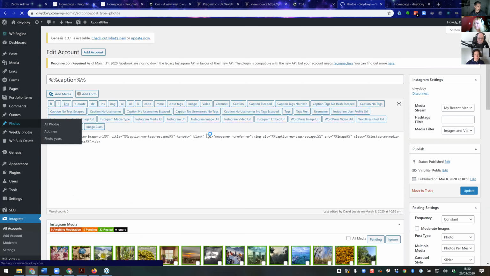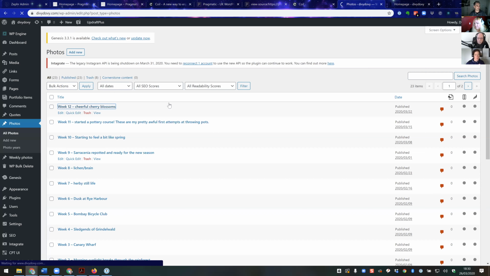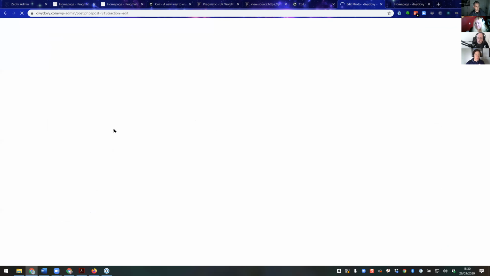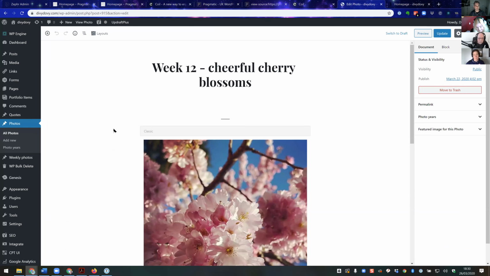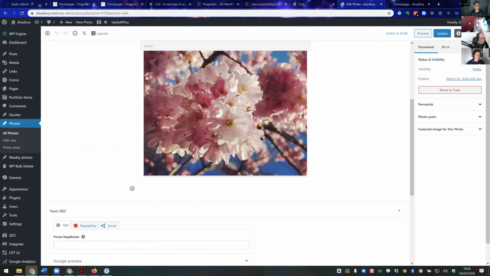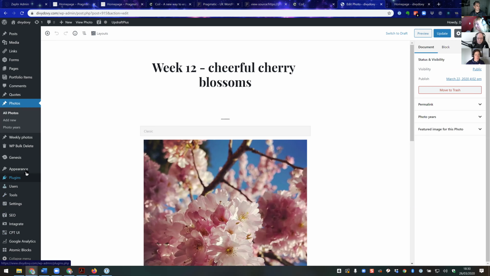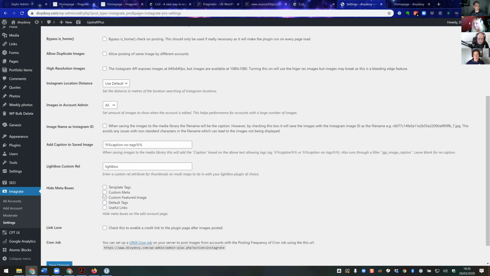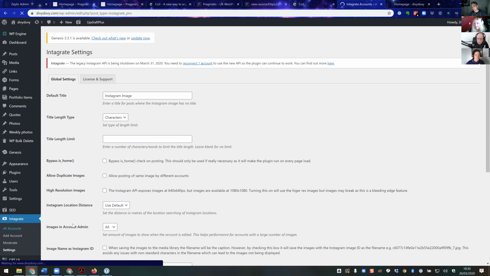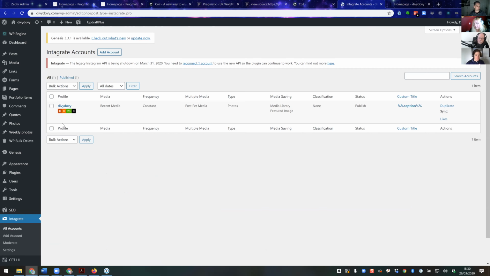So here I am in my WordPress CMS, and this content I posted directly to Instagram, but Integrate has pulled it all back over. It's inserted it as an image. It's pulled the title over, and you get a whole bunch of controls in the settings to let you control it, but also to template it up. So you can bring tags over, you can manipulate stuff on the way. But it's just a really nice way of